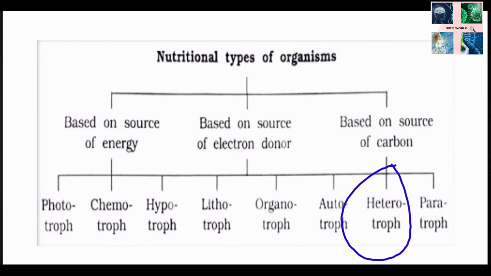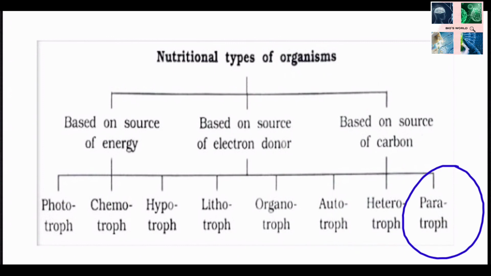Next is about heterotrophs. These bacteria obtain their carbon from various organic substances ranging from methane to paraffin. The majority of bacteria fall in this category. Next, about paratrophs. Certain bacteria lack biosynthetic abilities and are not able to use non-cellular organic and inorganic carbon compounds. That means they need ready-made organic molecules which are assimilated directly during their cellular synthesis.